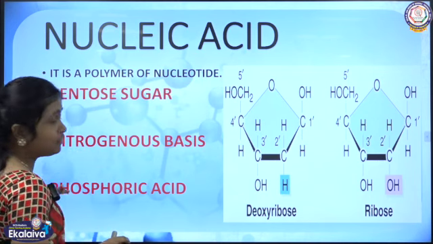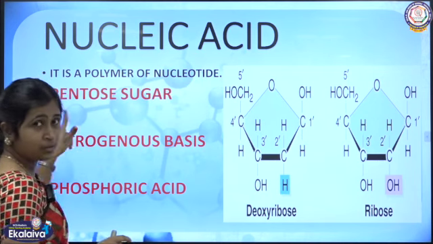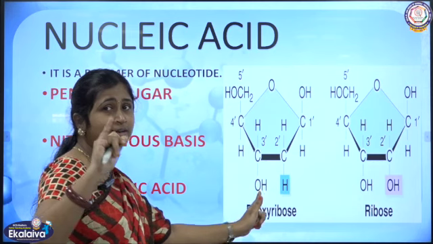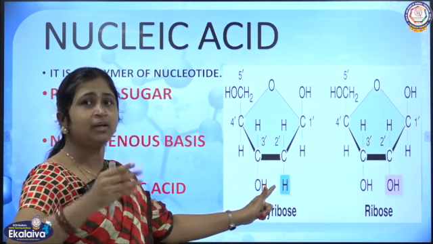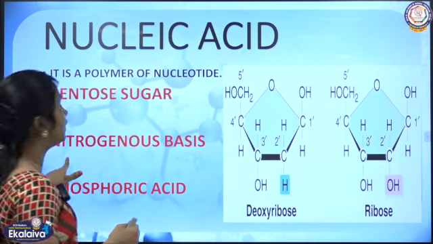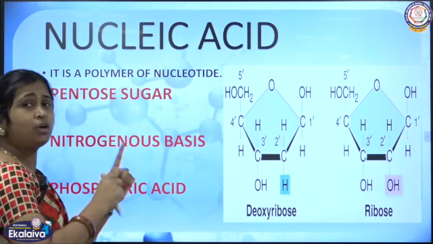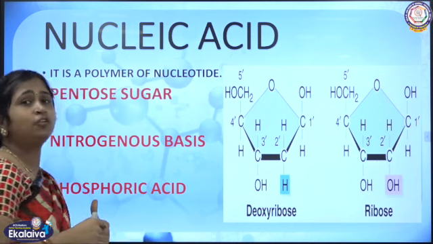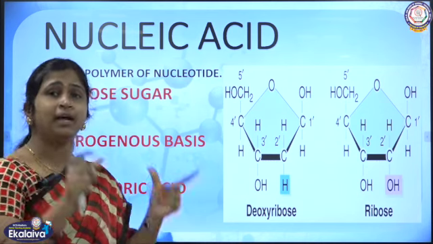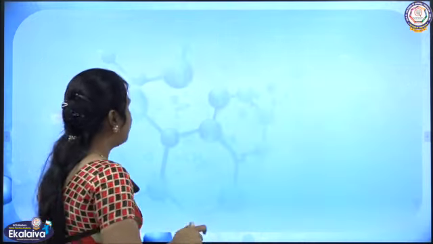And next, phosphoric acid. So, one by one we are seeing. First, pentose sugar. I showed the difference. One is deoxyribose, another one ribose. Okay. Next, what are we going to see? Nitrogenous bases. How the bases are going to be, that we are going to have a look. And then the phosphoric acid, where it is going to be attached. We will move to the next,